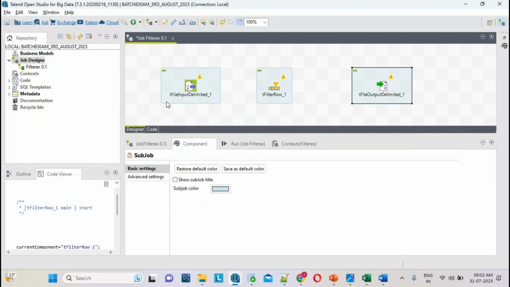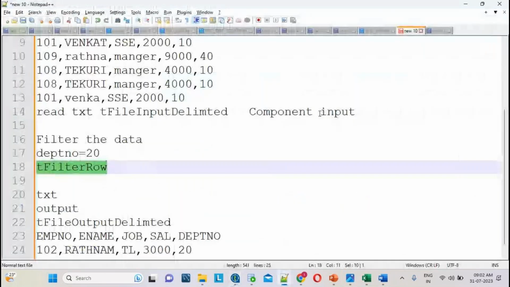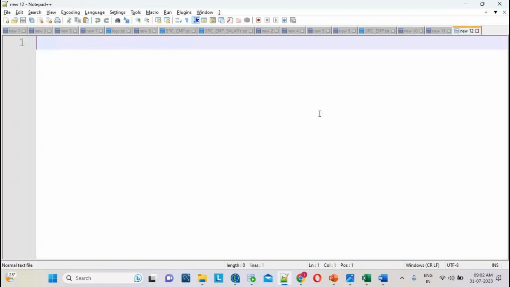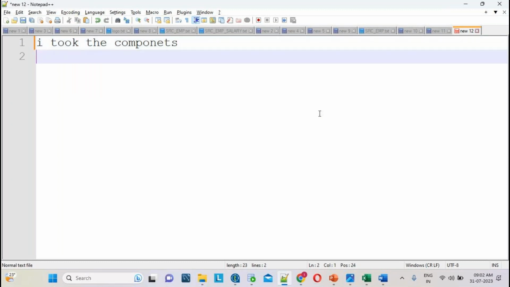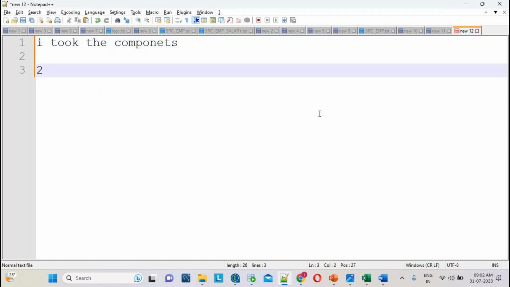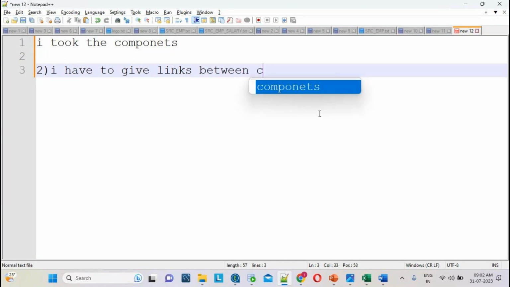Now I have taken the components. That is the first step: I took the components. Now, second step, I have to give the links between the components.